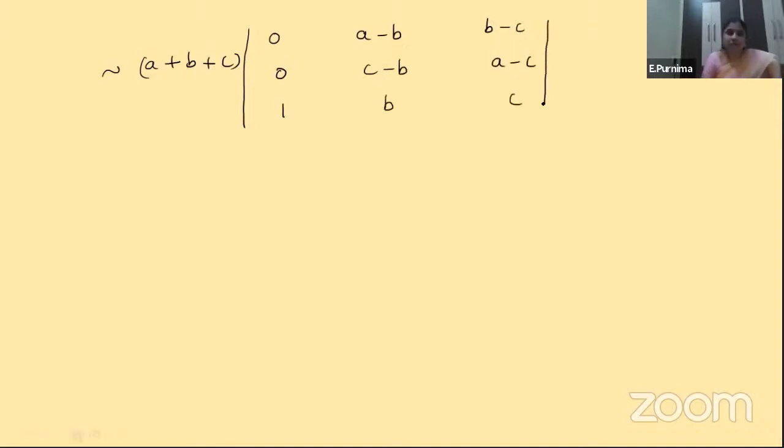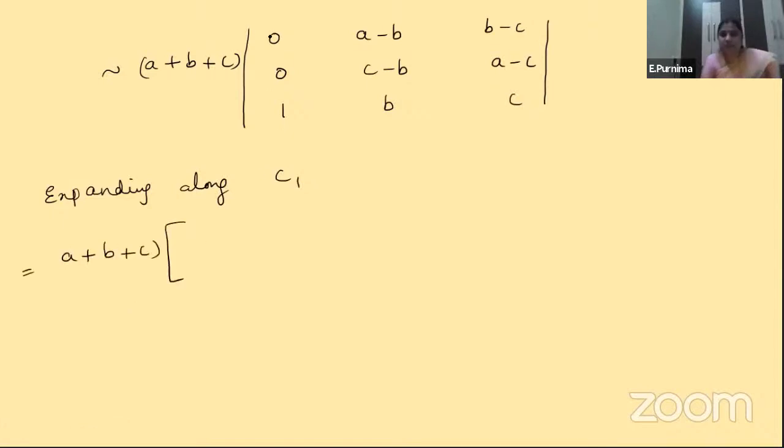Implies it is nothing but (A plus B plus C) outside, as a multiple into 0, A minus B, B minus C. Okay, and here also 0, C minus B, A minus C, and it is 1, B, C. Yes, again here in the first column only we have got two zeros. Again expanding along C1, expanding along C1. So which is nothing but A plus B plus C into